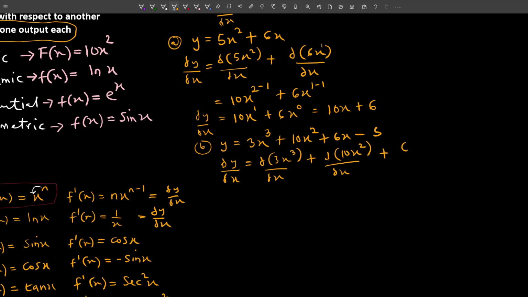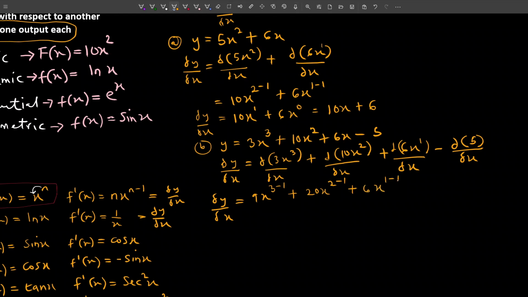We're also differentiating 6x with respect to x, and lastly, we're differentiating 5 with respect to x. So dy dx will be equal to 3 multiplied by everything, which gives 9x raised to power 3 minus 1, plus 2 multiplied by everything, that will be 20x raised to power 2 minus 1, plus, what's the power? The power is 1. 1 multiplies everything to give me 6x